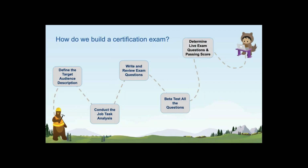After the beta, we go through all the feedback. We look at the statistics of how each item performed. Did the question actually measure the test taker's skills and determine if they are competent to go out and practice in this job? We select the best performing questions for the live exam, and we work with SMEs to set